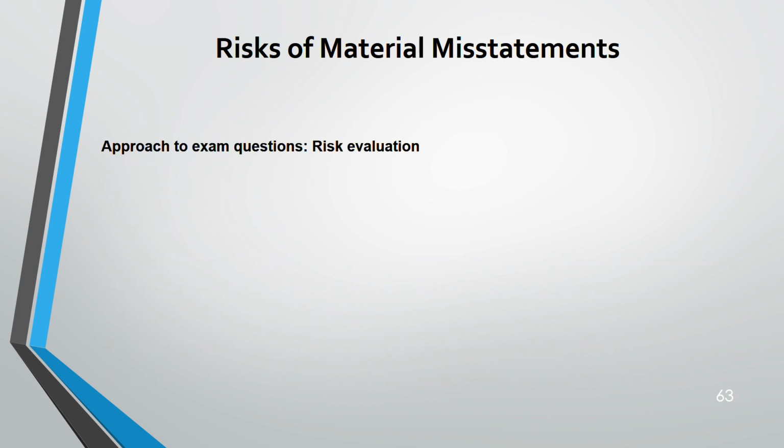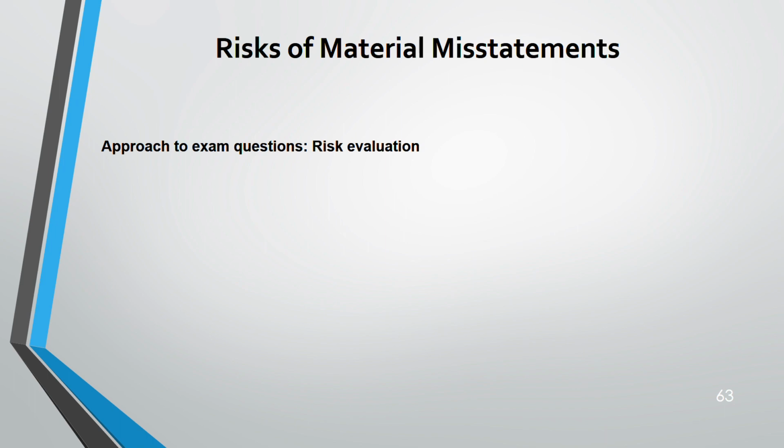Now, approach to exam question. This is the most important thing. Why? Because this risk of material misstatement area, this lecture in fact, is so important. 80% of your marks comes from this area, and you're definitely going to get a question on this with the professional marks in this area. I think it's the first question in your AAA. That's why so much importance has been given to this lecture, and even how to approach this question in your exam has been given here, which is going to help you. Question and answer we will do in the next video, but at least the approach is given here.